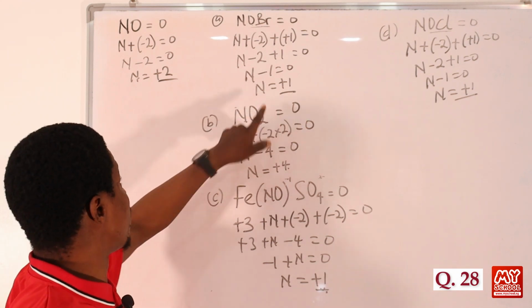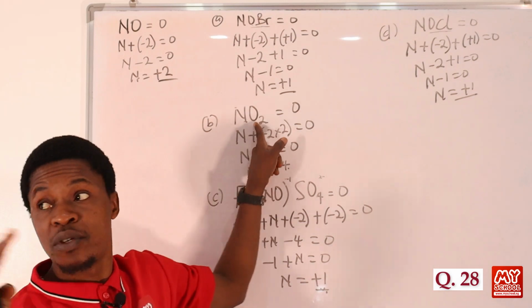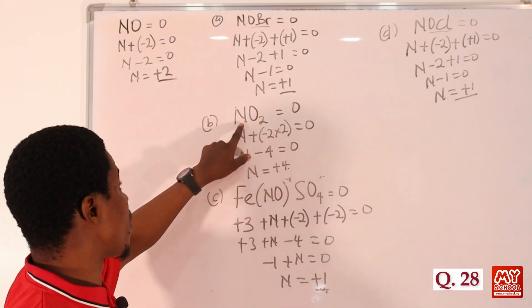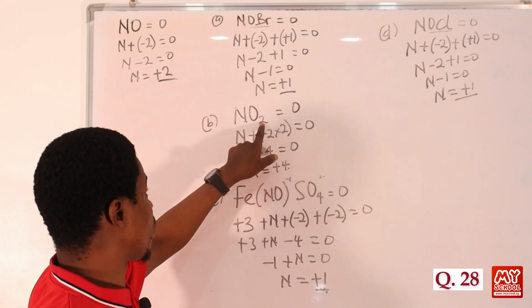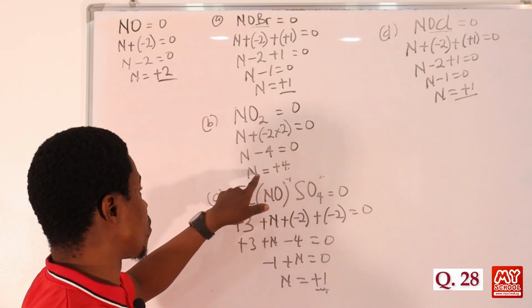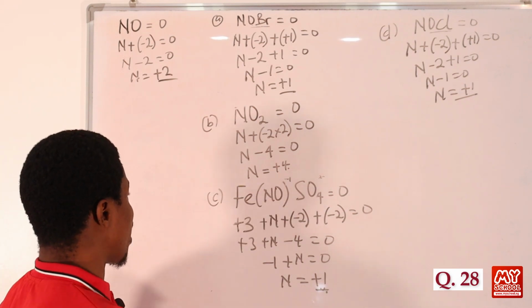So for option B, we have NO2. That's what we have on the product side, the right hand side. So we have nitrogen plus -2 times 2, because we have 2 of these, equal to 0. So N plus -4 equals 0. So N is equal to +4. That is for option B. Option C, we have